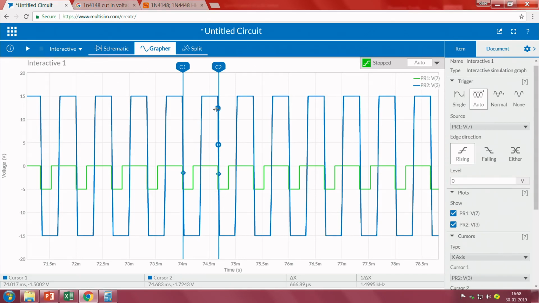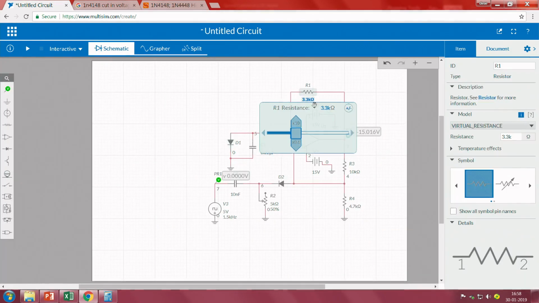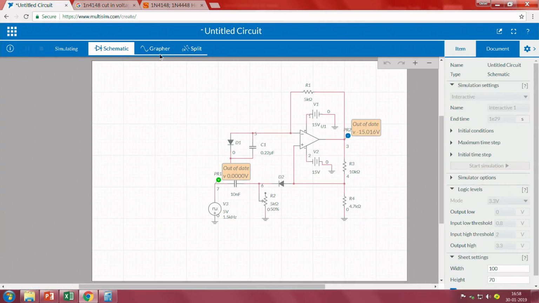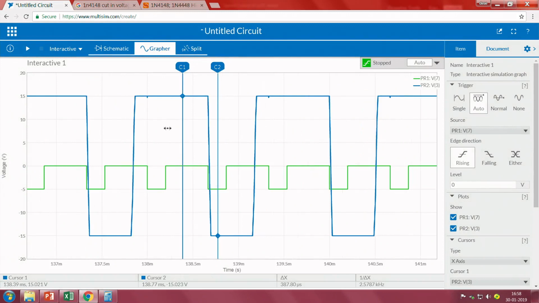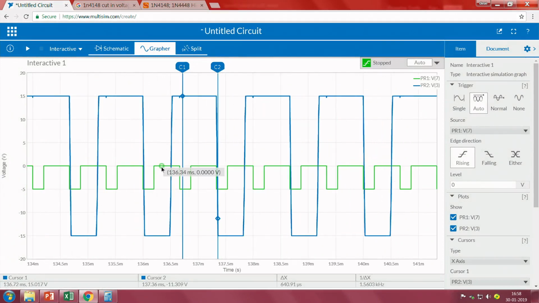But what if the time duration is higher? What I mean to say is, for example, say I take R1 as 5K, just for our understanding, what will be the effect of it? When you look into the graph, observe this. Green represents our encoder pulses, sky blue represents our output. So whenever I have a negative pulse, I get an on time.